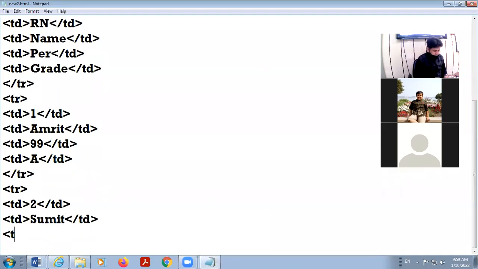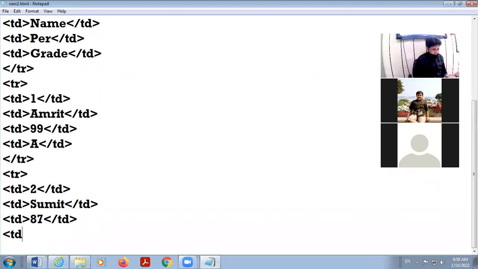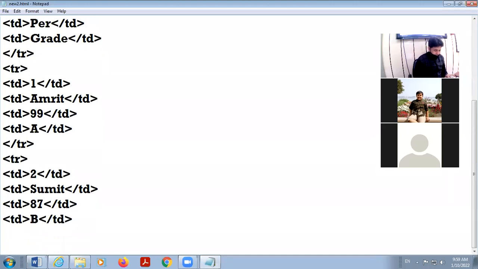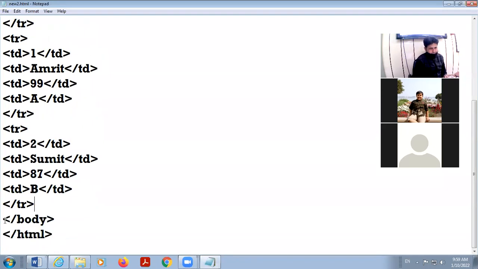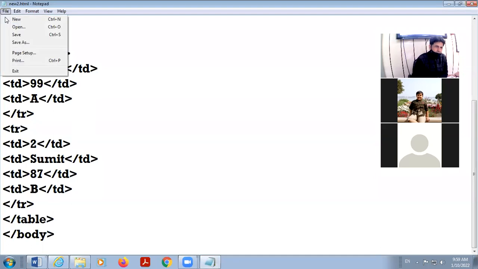Then TD, marks is 87. Then grade is B. 4 cells I declared, then I close TR, and at the end close the table tag. I save this.